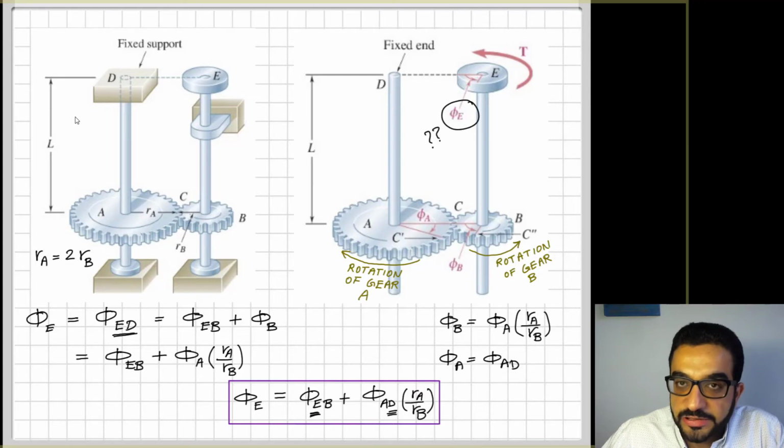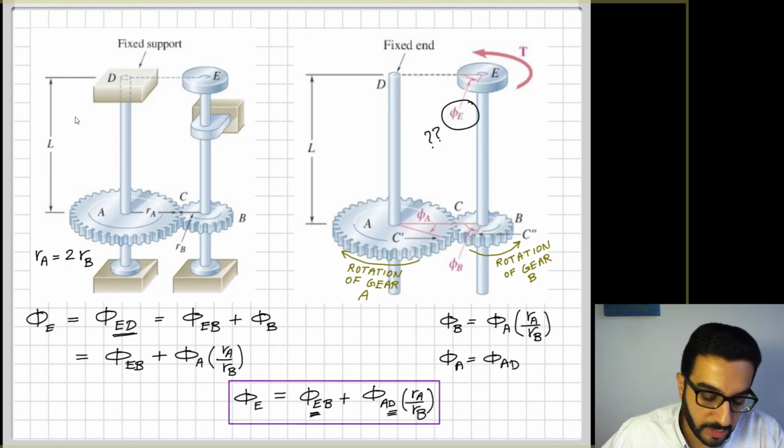Considering that gear B is not fixed, it's supported by gear A, and gear A is not fixed, it's deforming based on that length AD. And that will be the formula that I will use to represent that twisting and deformation through that